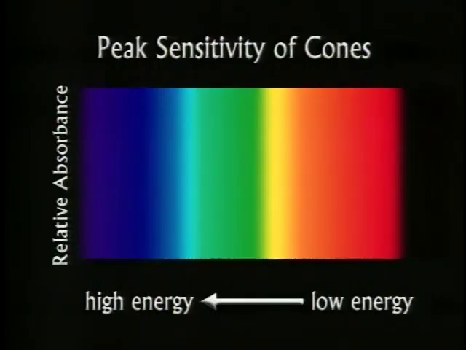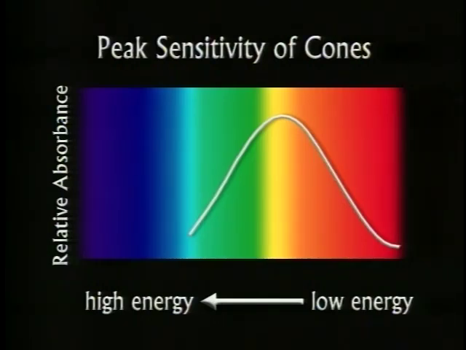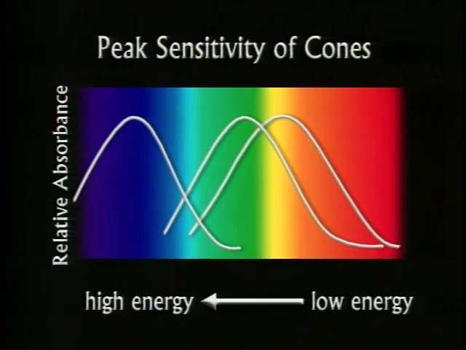The ones that respond mainly to the low energy photons see mostly red, but they do respond to other colors as well. The ones that have the peak sensitivity in the medium energy, those respond mostly to green, but again, they do see other colors as well. And then this final curve where they respond mostly to the high energy, those have the peak sensitivity in the blue region of the spectrum, but as with the others, they do respond to all colors.